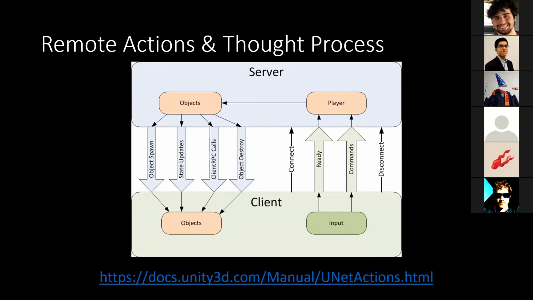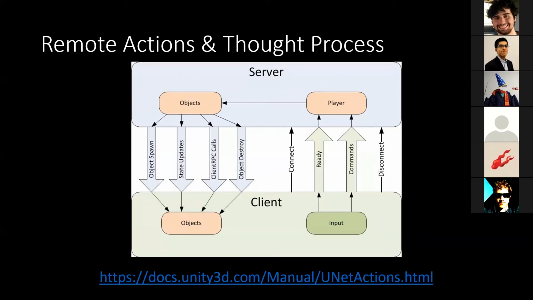I've said copy, and what this means is that when you have a client, you have your Unity project and you make a build of it and it's a game. Every single script you have, unless you've specified otherwise, like for a server only build, will run on every single client.